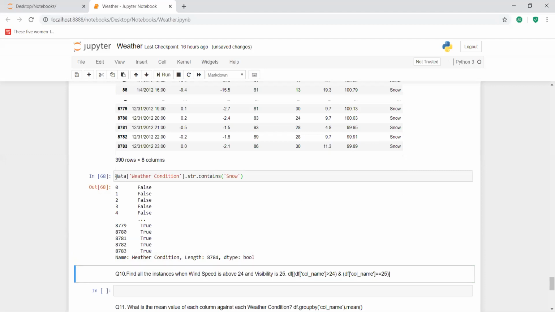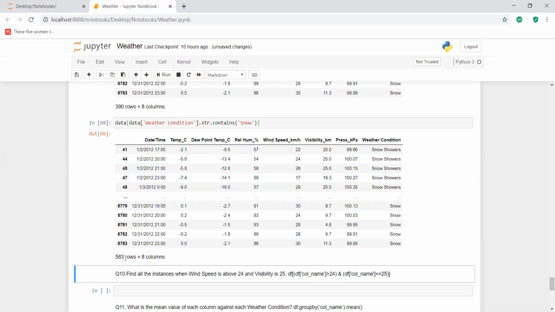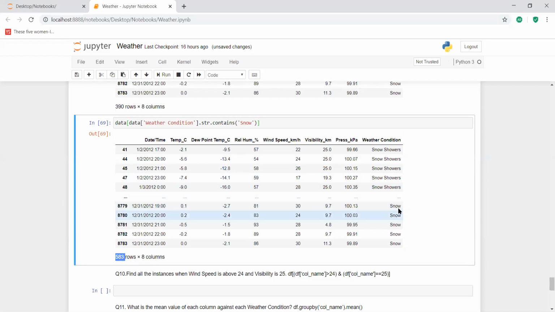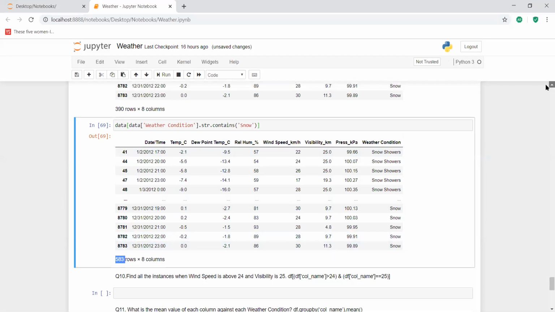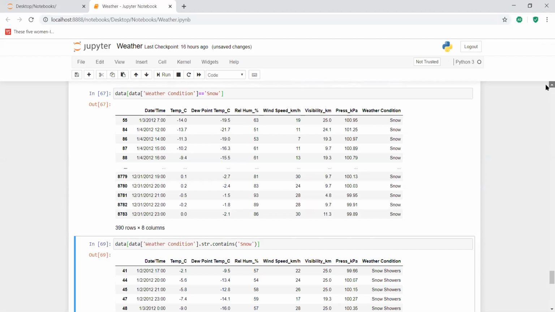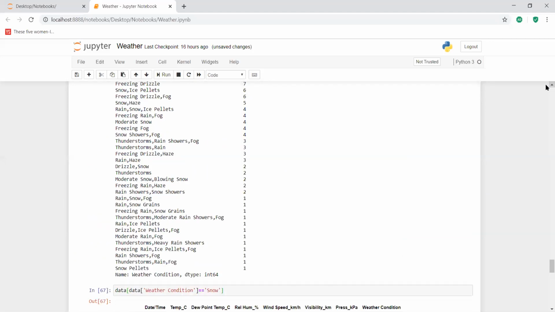So this is a Boolean set. Again, cover it up with the data frame. See here, 583. We have a resultant set of 583 records, 583 rows, right? See all the snow showers, snow fog, snow rain, snow drizzle, all the instances where snow is seen have been added up here with the string contains function.